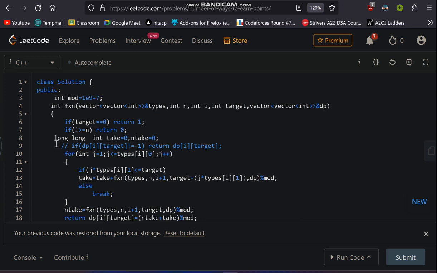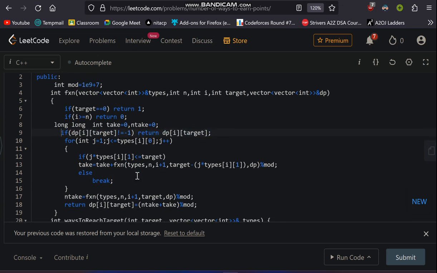By doing just two simple steps we can convert any recursive question into memoization. If I solved the subproblem for i and target before, I simply return dp of i comma target.